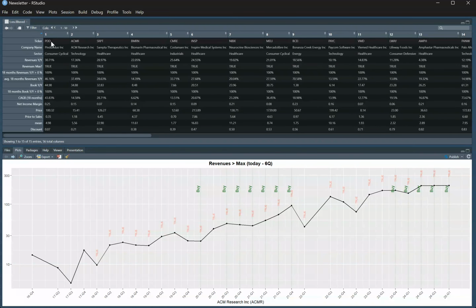So in a second I will tell you the criteria we are looking for in the companies. But first I'll tell you the methodology about ranking. So Pinduoduo first. Today we will have a look into ACM Research, but the ranking is based on price to sales,